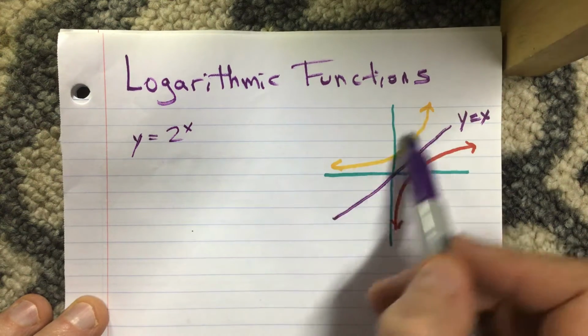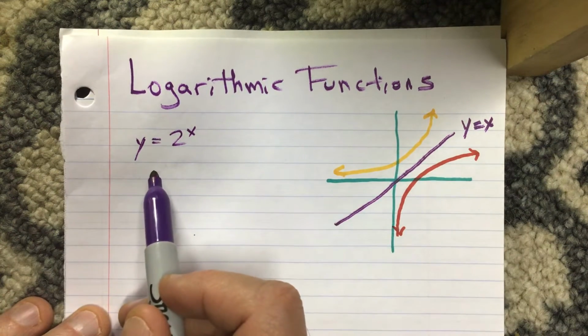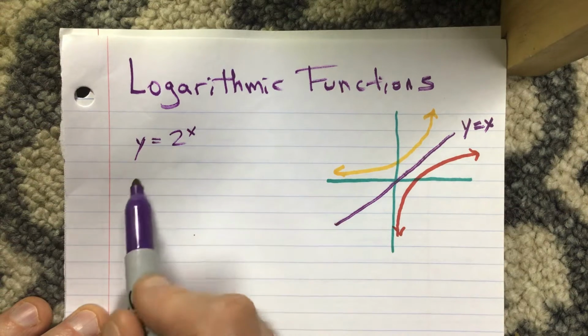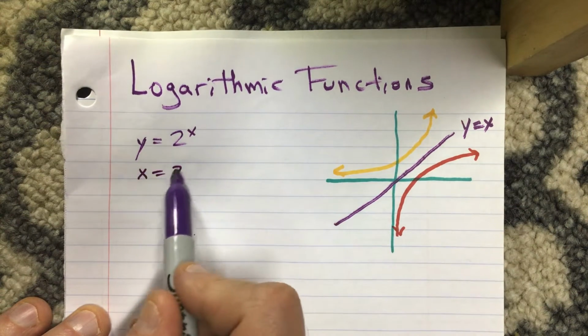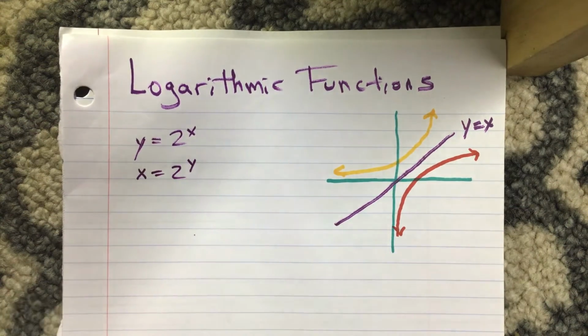the graph here, and you want to find its inverse, you switch the x and the y, so you get x equals 2 to the y. The problem with exponential functions is once you switch the x and the y and then try to solve for y, we have no mathematical way of solving for y. We have no way of getting this y out of the exponent so that it reads y equals, which is called